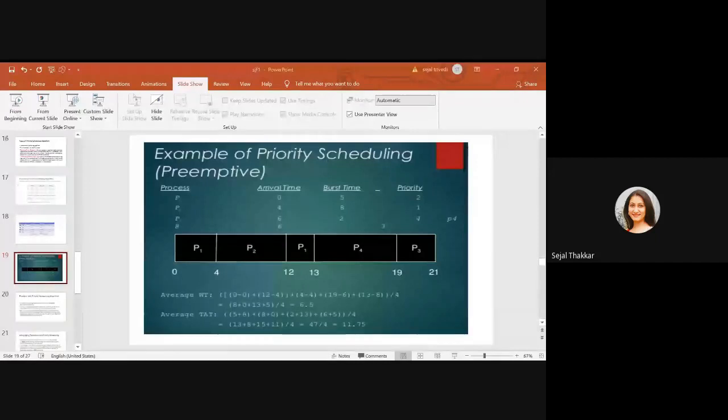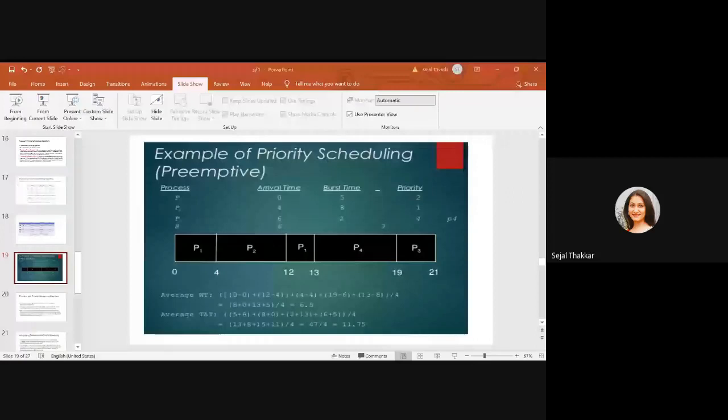Now again we need to check, we are having 3 processes in the ready queue. P1 is now completed. It has completed all 8 units of execution. You remove it from the ready queue. Now you are having 3 processes in the ready queue, that is P1 with priority 2, P3 with priority 4 and P4 with priority 3.